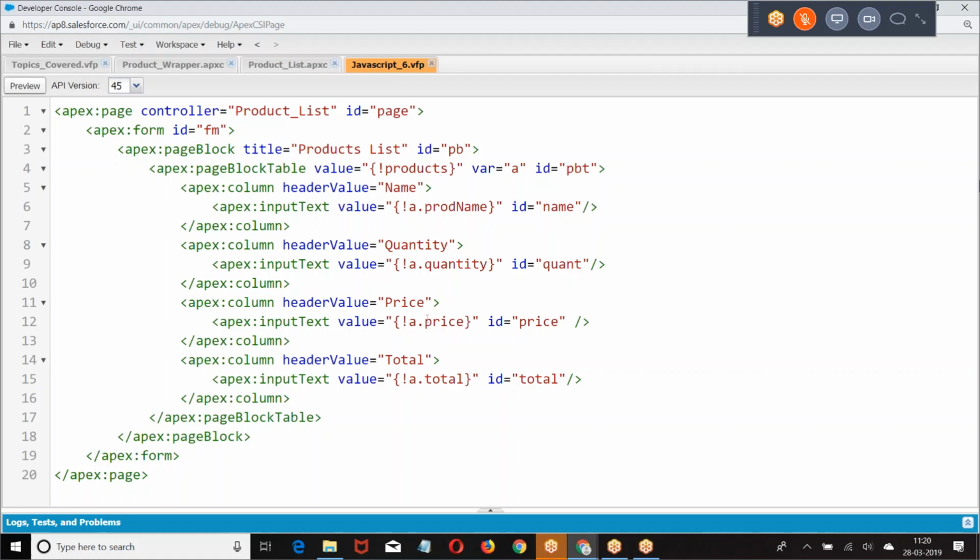Now I want to know on which row we selected. So what I'm doing here: onchange, this dot.